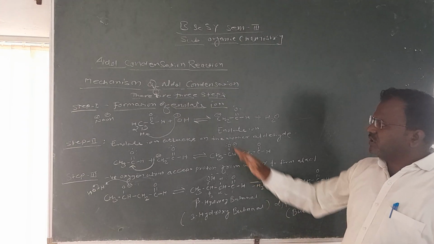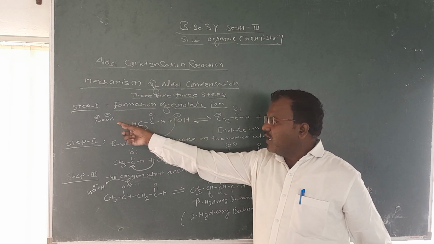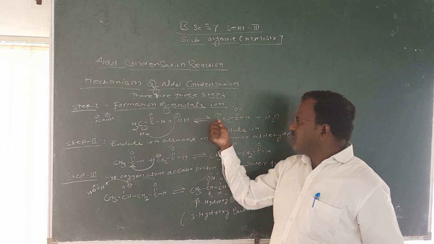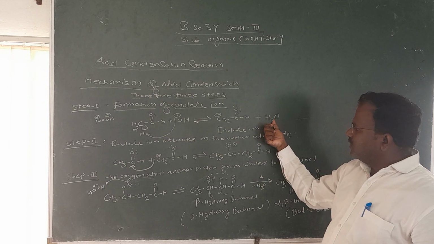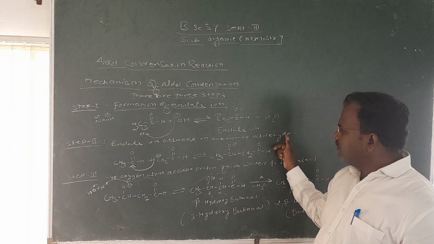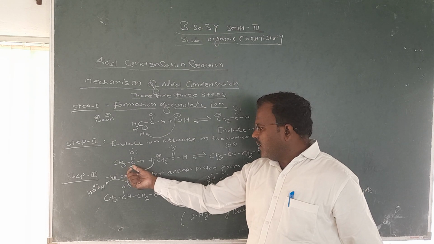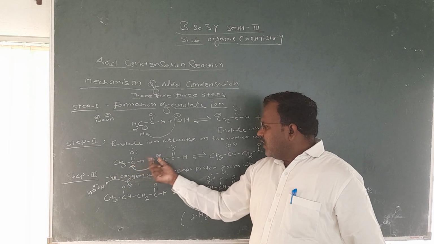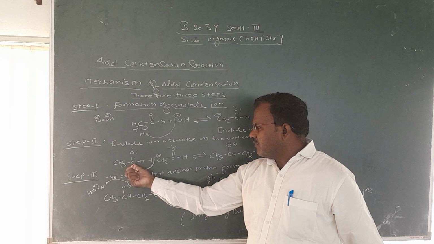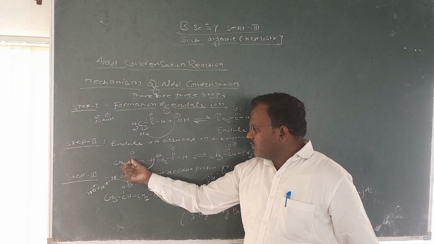So the first step is the formation of the enolate ion. The hydroxide ion comes from the base, that is dilute NaOH, and it can abstract the proton to form the enolate ion, with removal of a water molecule. The second step is the enolate ion attacking another aldehyde molecule. We have taken 2 moles of aldehyde. This carbonyl carbon atom is an electron deficient carbon atom. The nucleophile, the enolate ion, attacks this carbonyl carbon atom.